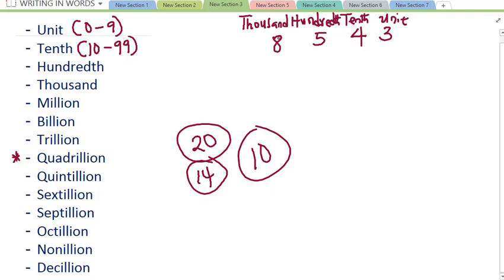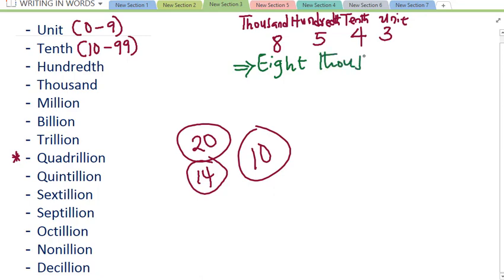If you want to call this number, it becomes 8,000 because 8 is in the thousand place. 8,000, 5 in hundred, and 43. I don't know if this is making sense to you. So let's write these ones down and do some work on this. If you want to write it in words, I have that this is